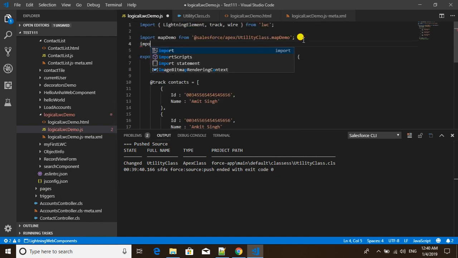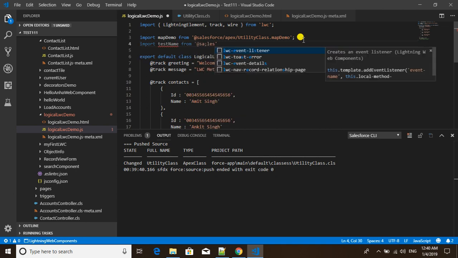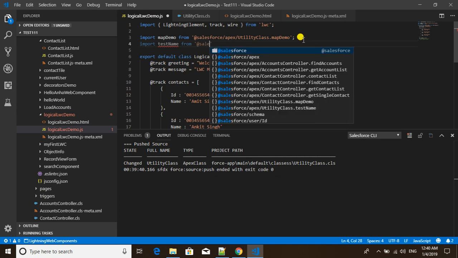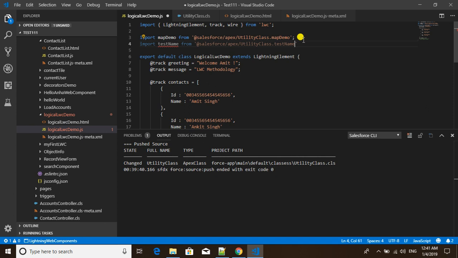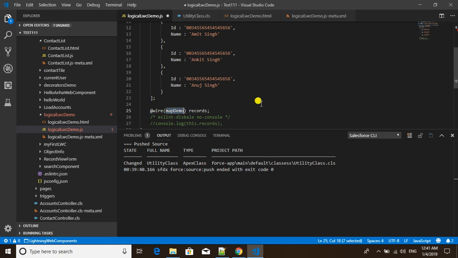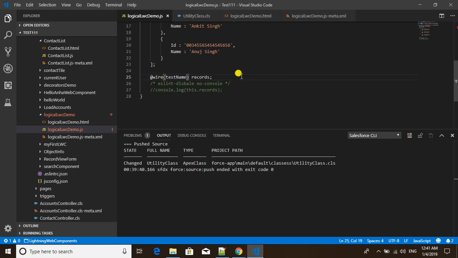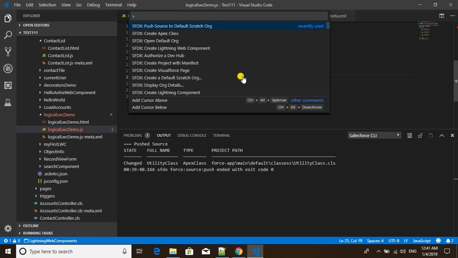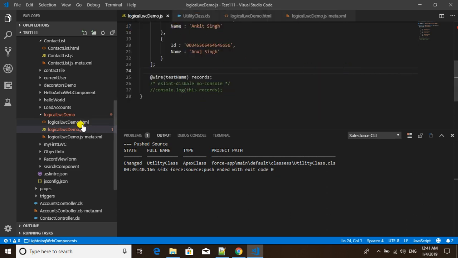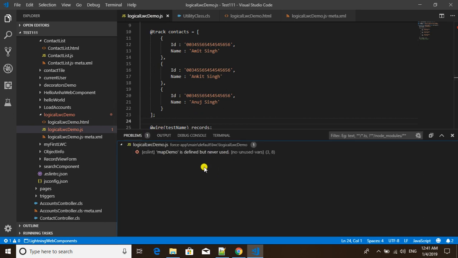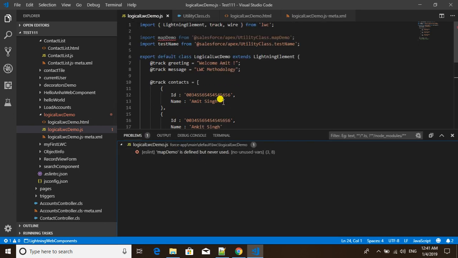So import method name from, and let's call this test name and then name it as record. Now I'm going to, what the error is here, map demo is defined but never used. Okay, you can see if we have defined something and we are not using, we are also getting the error. So let's comment this. Now push the code,